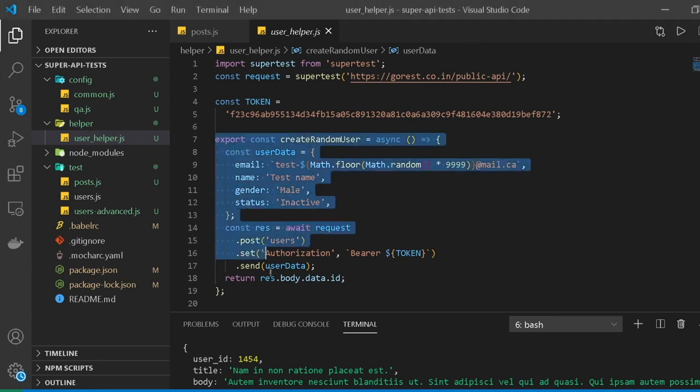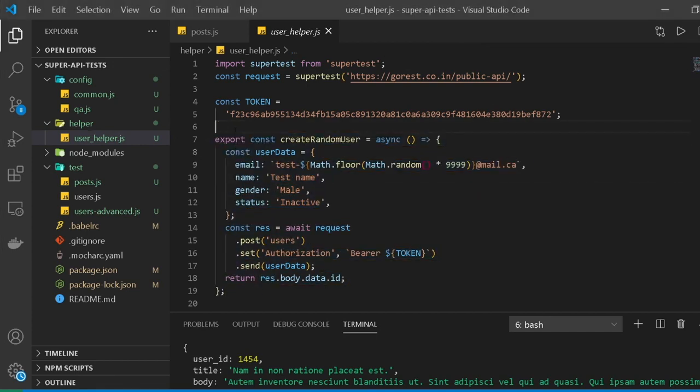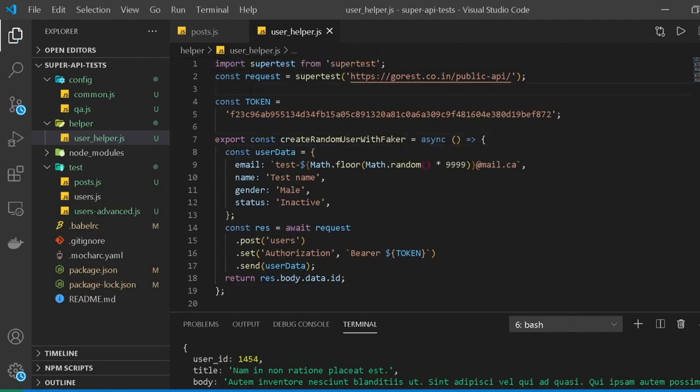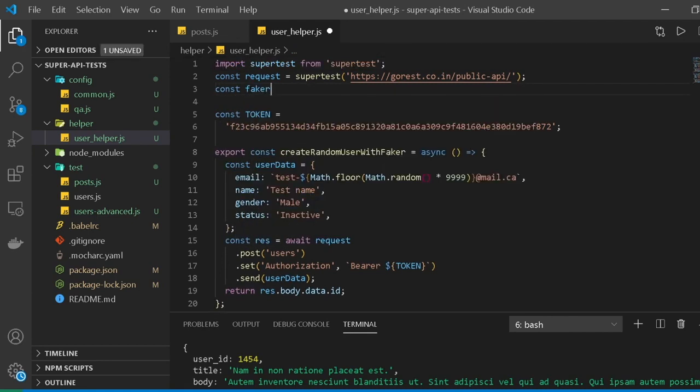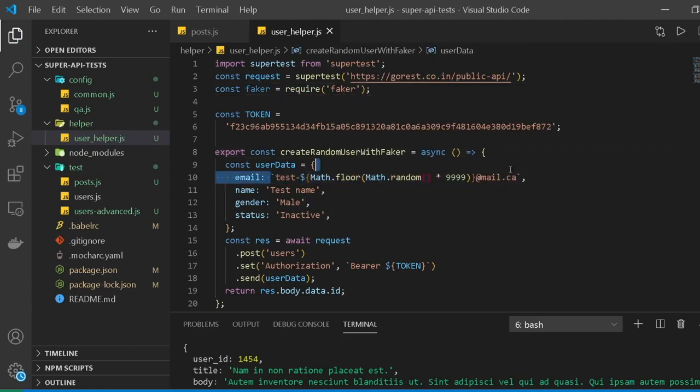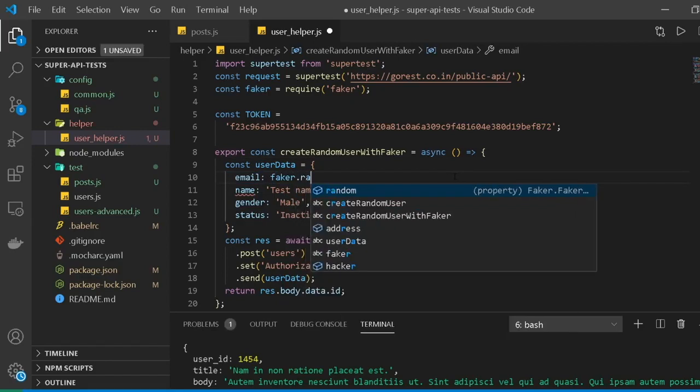Let me just copy this, paste it here, and I can just say create random user and call this one with faker. And I will require faker here once again. So I'll do require faker. And then for email, we saw that we can actually use an email there. So I don't need to do Math.random. I can simply do